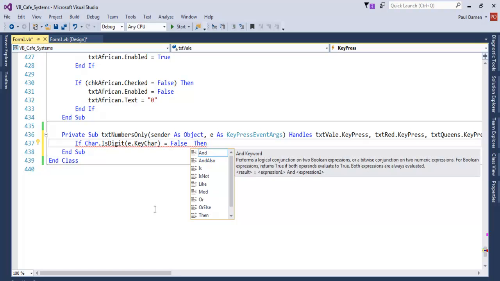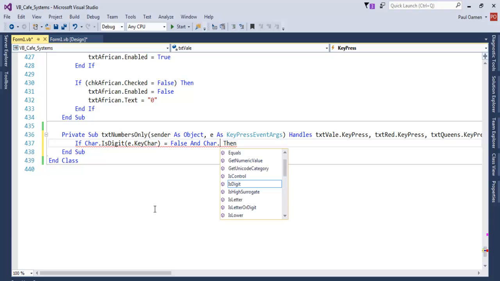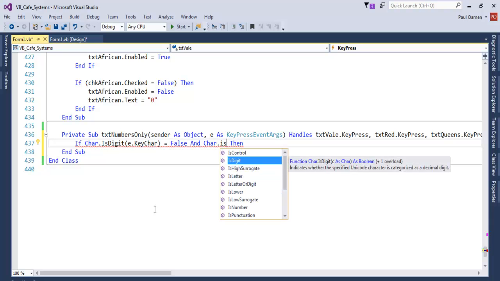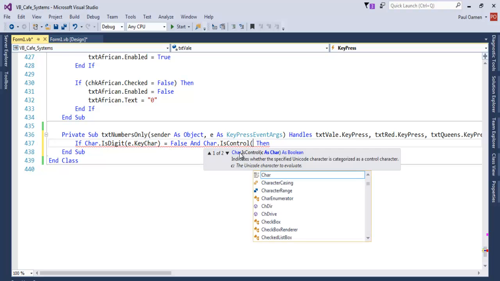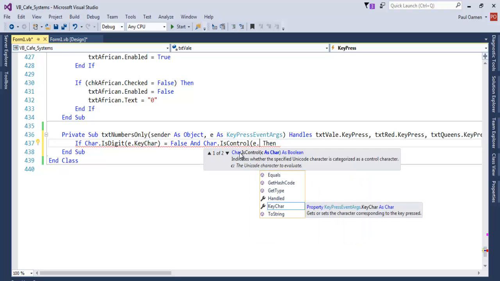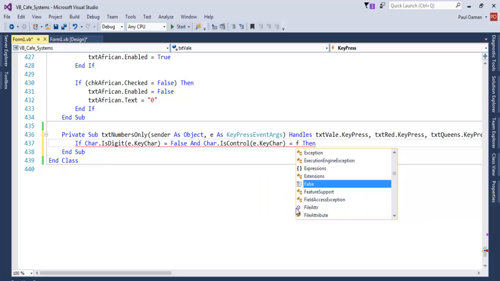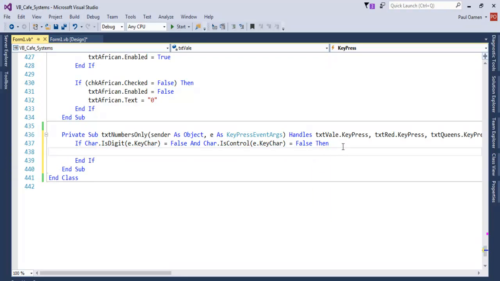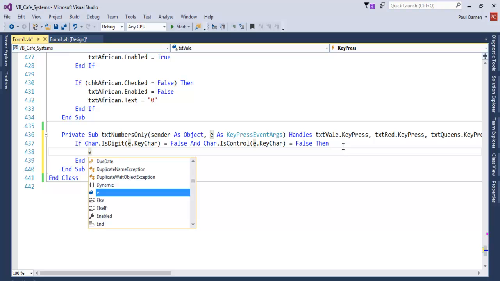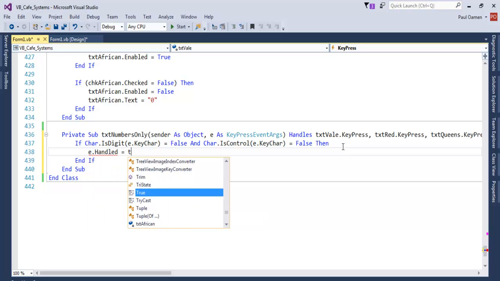Okay, and char dot is control, open e dot key char equals false. Then what we want the system to do is as follows: e dot handled equals true,